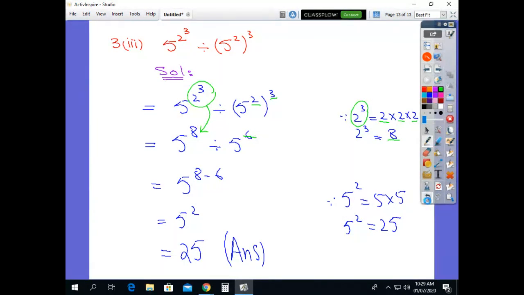Now there is a division sign in between both the numbers, and the bases are the same. By the properties of exponents, when the numbers are divided with each other and the bases are the same, we subtract the powers. After subtraction, 6 is subtracted from 8, we get 2. That is 5 raised to power 2. 5 raised to power 2 means we multiply 5 to